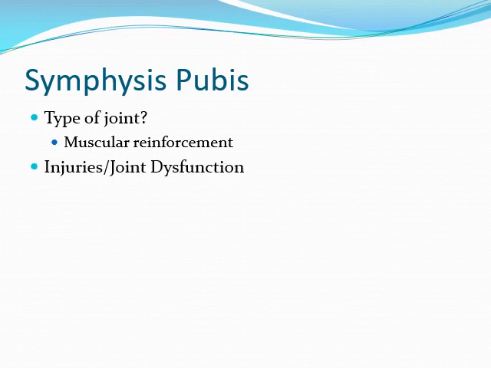You could get joint dysfunction and injuries here as well. Actually, a lot of individuals that have SI joint dysfunction tend to also have some subluxations take place at their pubic symphysis. However, you can have more direct trauma. For instance, when you land on your feet uneven from a jump, auto accidents, and leg length discrepancies can cause that as well. Obstruction of